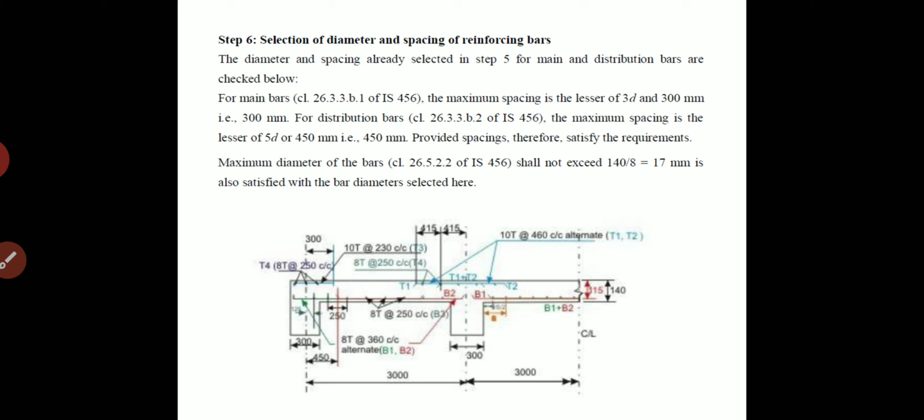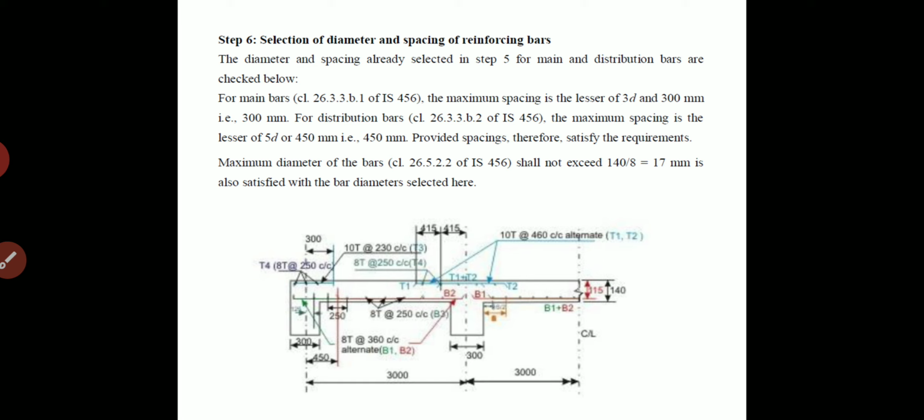For distribution bars, selected from clause 26.3.3.b.2 of Indian Standard Code 456/2000, the maximum spacing is the lesser of 5d or 450 mm.